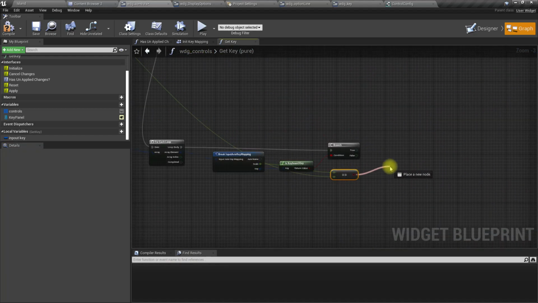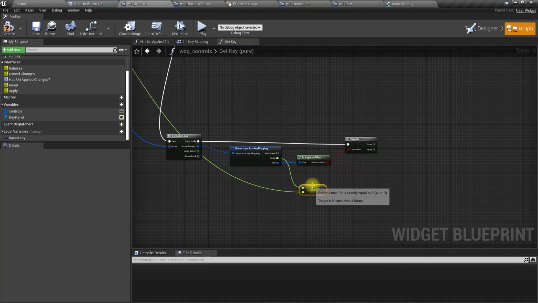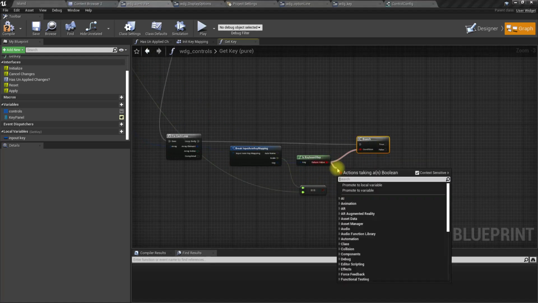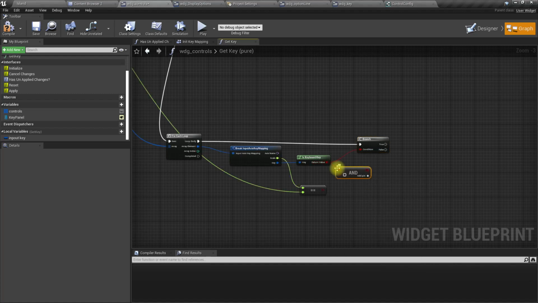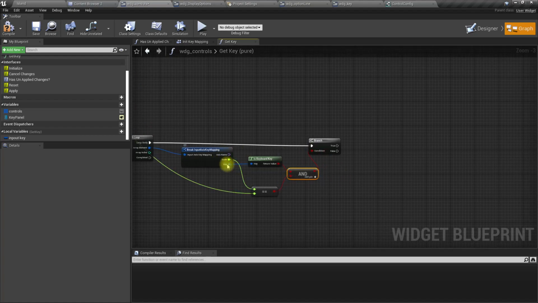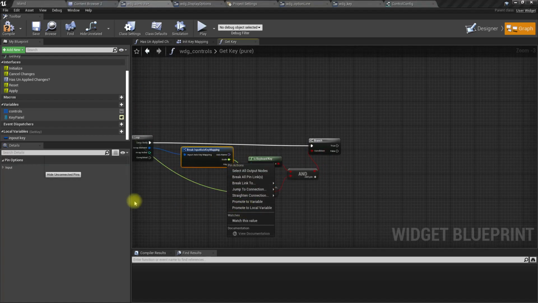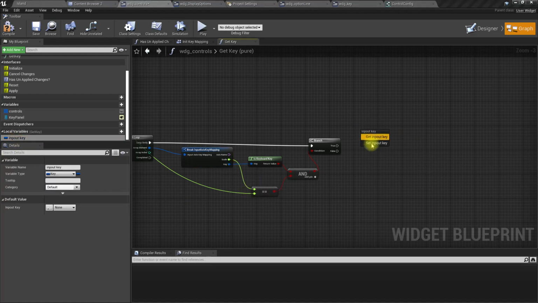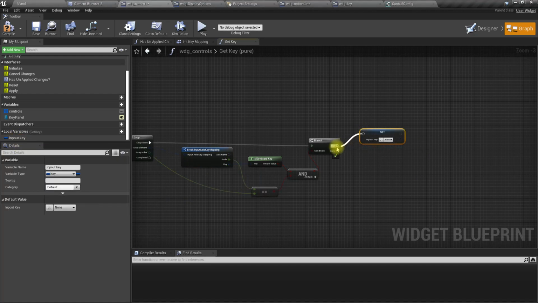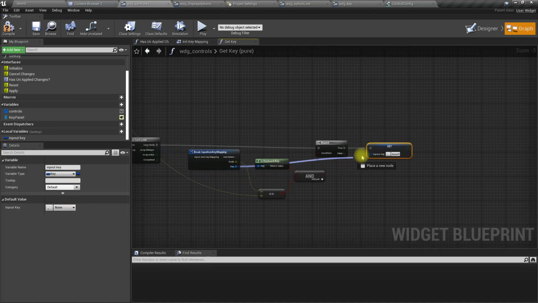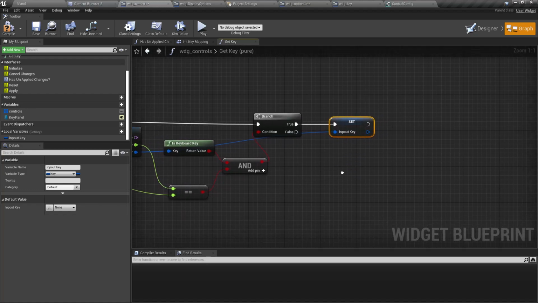If that condition is also true, wait, we can just have an AND condition here. Then we can promote this. Oh, no need to promote, we can set this key input as the input key,